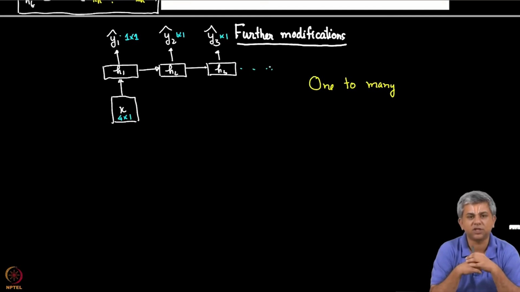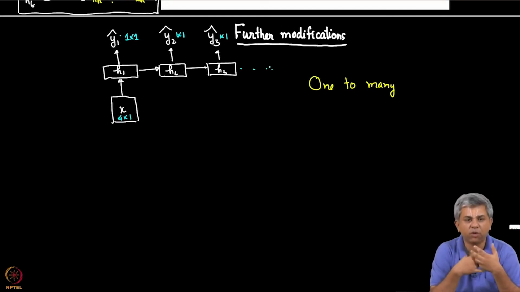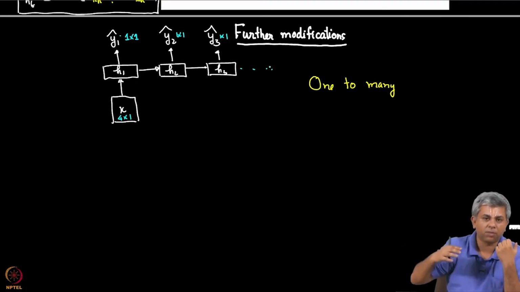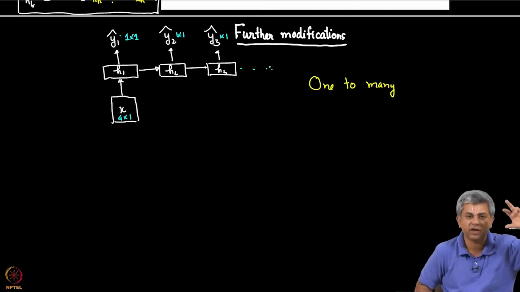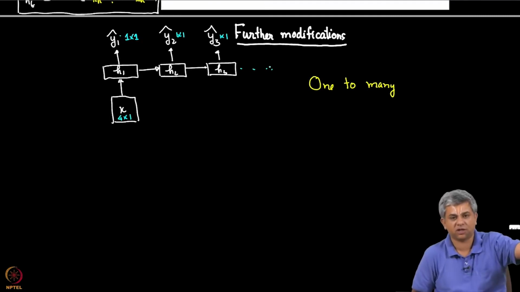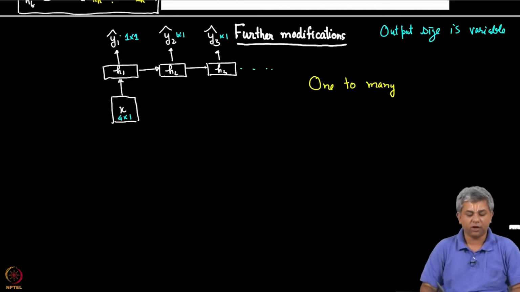So, here itself you see the variation in sequential length. Not only can the input be of varied length, the output also can be of varied length, because you can predict forever, as against an ANN or a CNN, whose output size is also fixed. So, here the output size is variable. So, that is another property of RNNs.